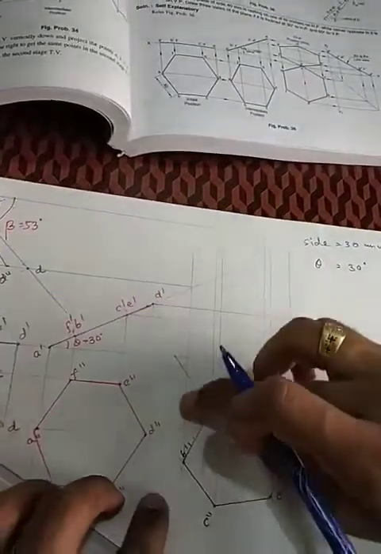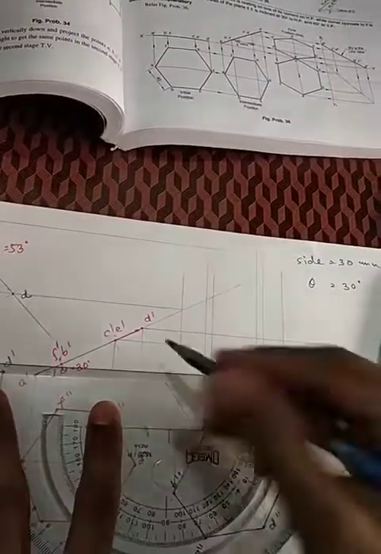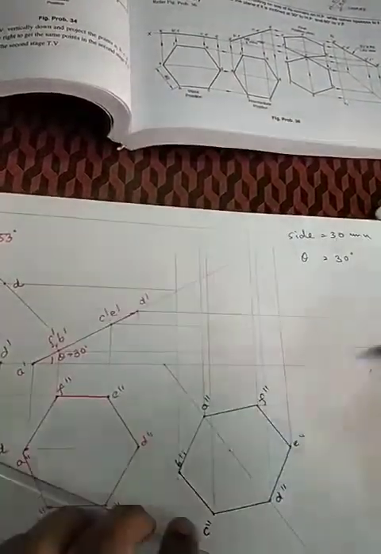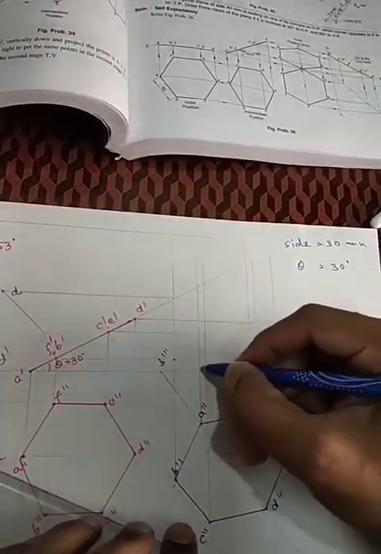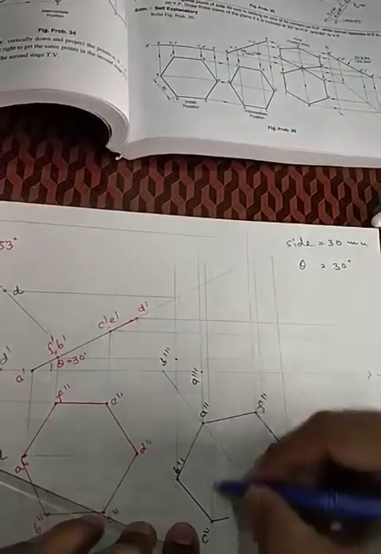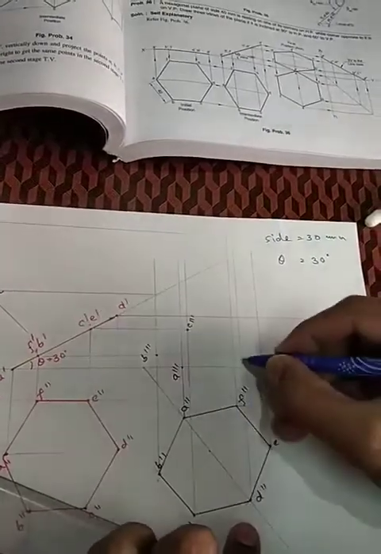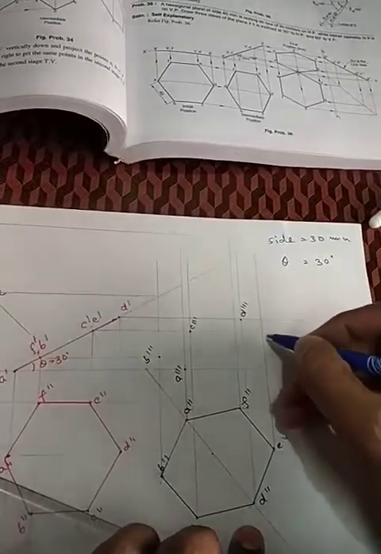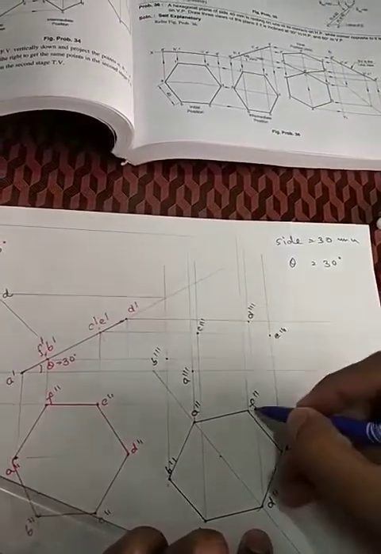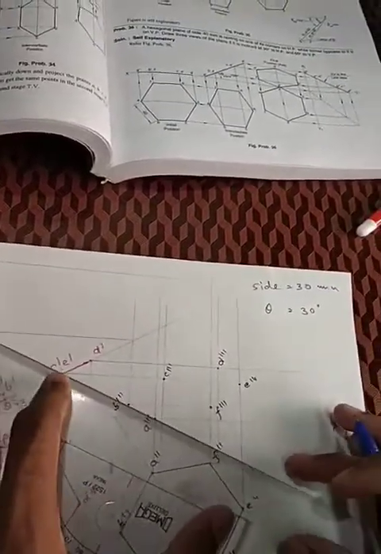So this will be my B line. Where is my B? Sorry, I have not taken this F dash B dash line. So I have to take this F dash B dash line, right? So this will be my B line, B triple dash. This is the C A line. This will be my A triple dash. This is C, and where is C? This is the C triple dash, right? This is D. So where is my D? This is D triple dash. Same way this will be my E triple dash, and this will be my F line. So F is here, F triple dash. I have to join it in the same manner.